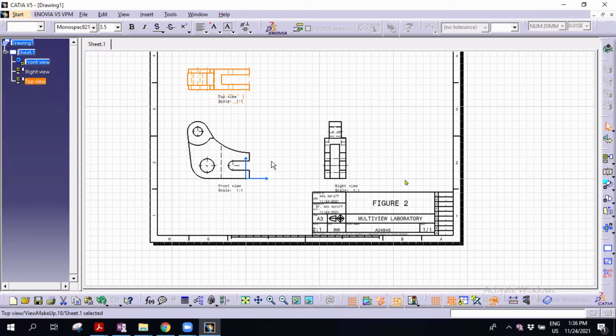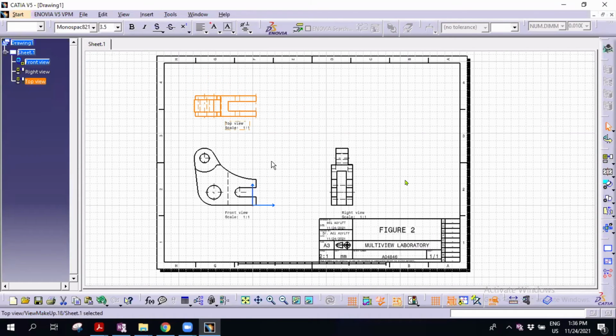So try to fit the drawings. Okay. So you have a multi-view of front view. You have a multi-view of right view. Next thing that you need to have is, instead of multi-view, there is another view. What is the name of that view? Multi-view is 2D. Another one is 3D. We call it as what?